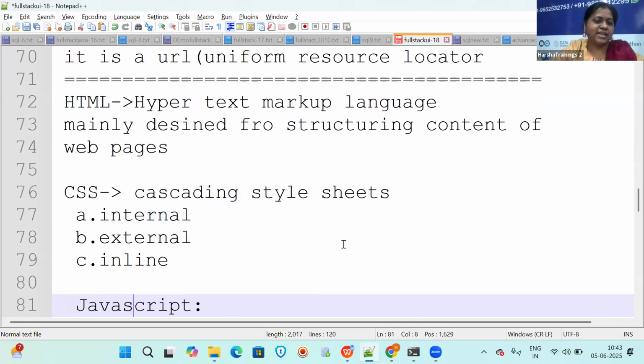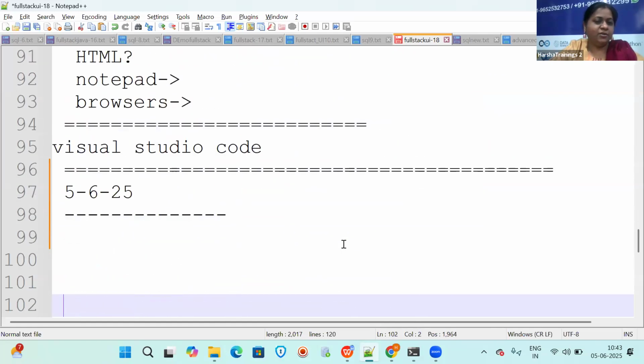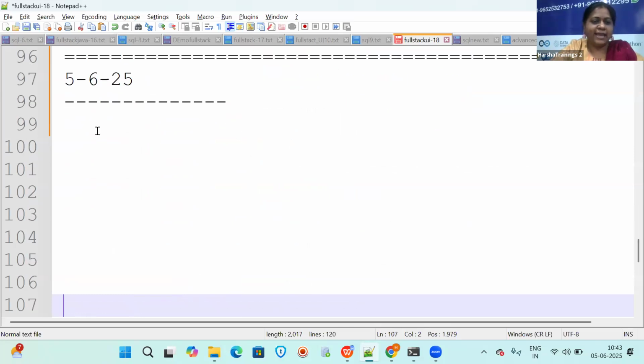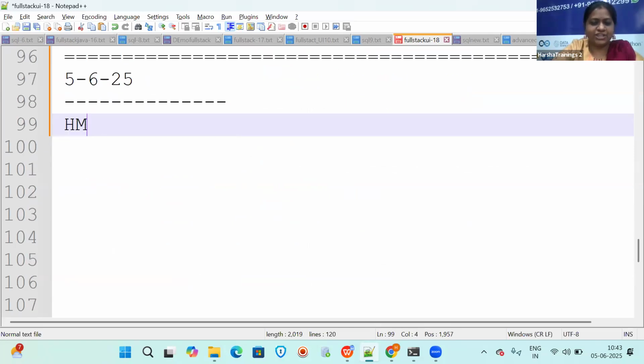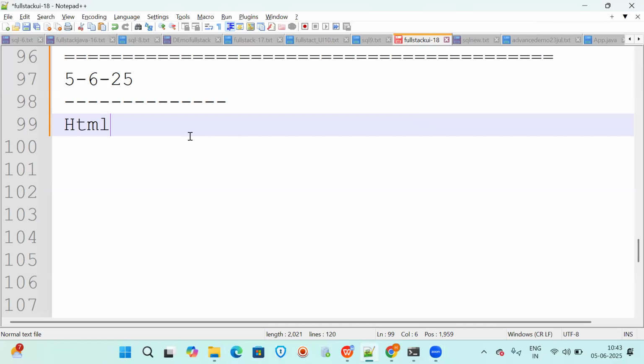And now I'm going to start with the front end. Okay. So I'll be explaining now about HTML, which is used to create the web page and structure the content of the web page. Is it clear? Is it clear, everyone? Someone has told they have joined a little late. Is it clear? Still, if you have any questions,